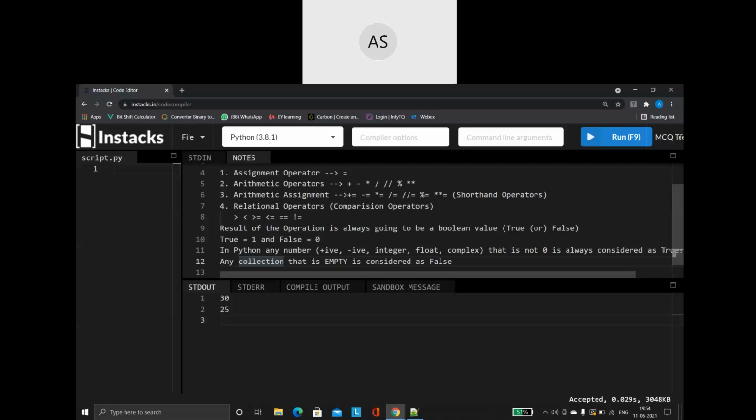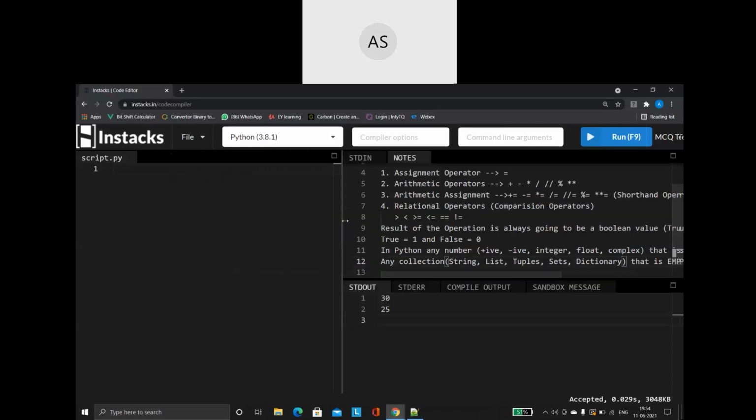All those types are what we call a collection: string, list, tuples, sets, dictionary. So remember this point very carefully: if the collection is empty, then it is considered as false.